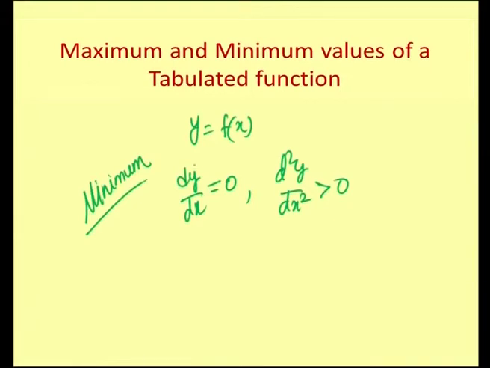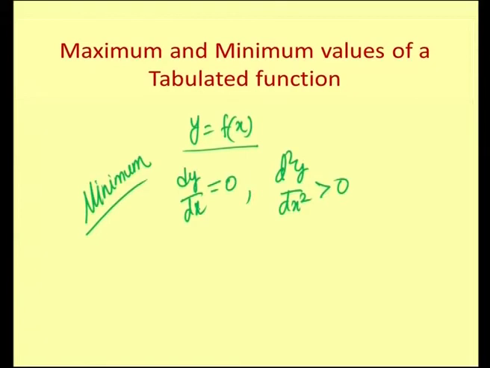Okay. First of all, y is equal to f of x is given, means you differentiate it with respect to x, equate it to 0, find out those x values and find out d square y by dx square, substitute the respective x values in d square y by dx square and check whether it is greater than 0. If d square y by dx square is greater than 0 after you substitute those x values found out from dy by dx, then those x values are said to produce minimum values of y. When these x values were substituted in y, we get minimum value of y.